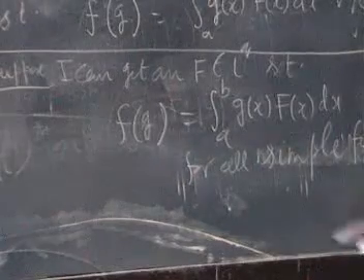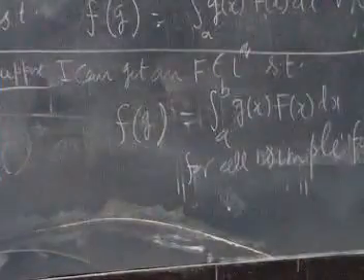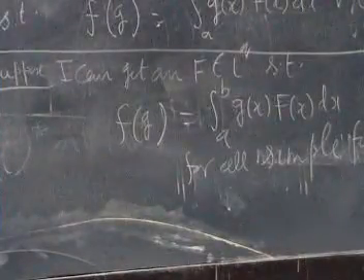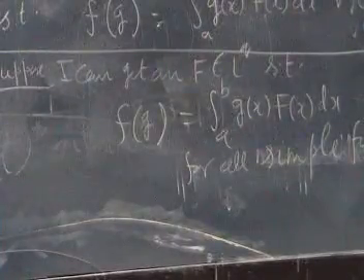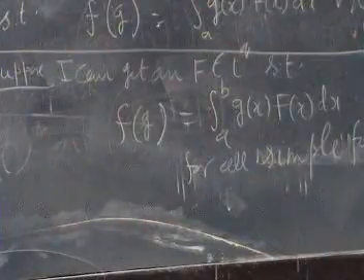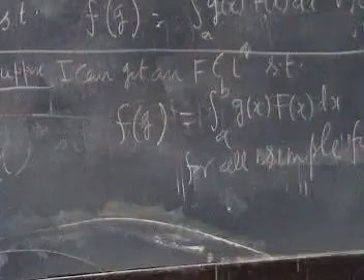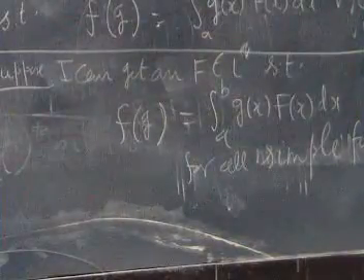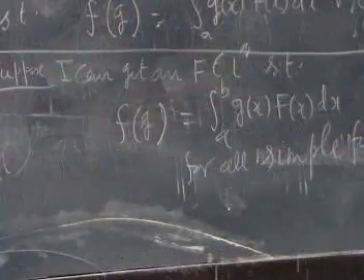Suppose this is true. When will this be true? Suppose I want to make F(g) equal to the integral of g times capital F for all g. But suppose I can make it work for simple functions. Basically, g we have to write as a summation of simple functions, and then take the limit. So any g can be thought of as a limit of simple functions. Any g in L^p is measurable. If it is measurable, it is the limit of a sequence